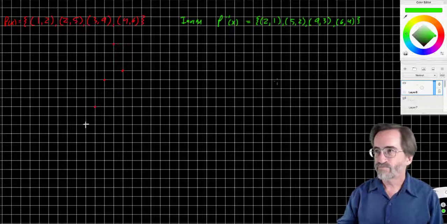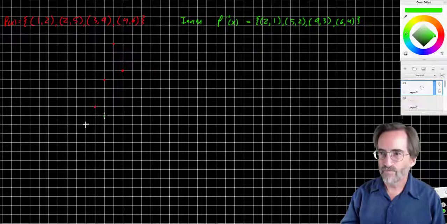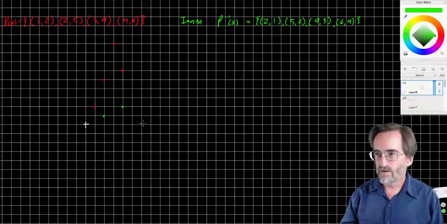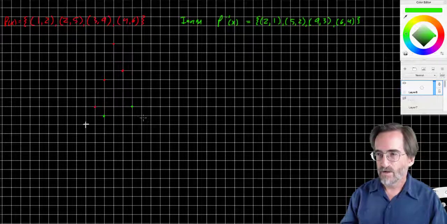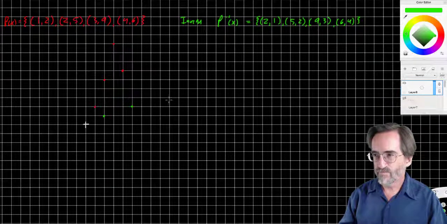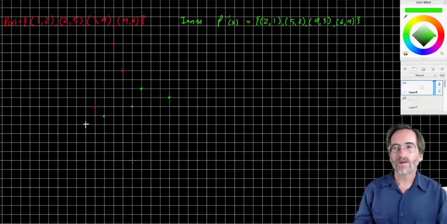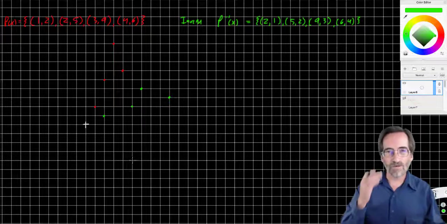And let's graph it. So 2, 1, 5, 2, 9, 3. Whoops, that's not 5, 2. 5, 2 is here. 9, 3. So 1, 2, 5, 6, 7, 8, 9, 3. Okay. And 6, 4. Okay. Now, if you squint at this and look at it, you might notice there is some type of symmetry